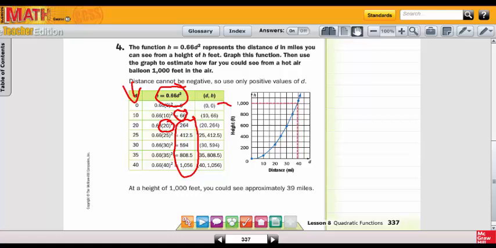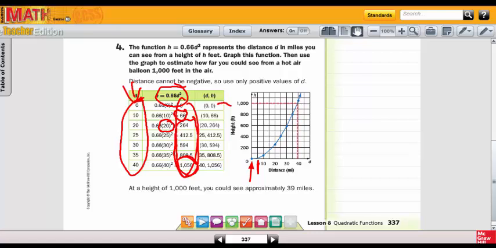For 0, 0, we're going to put a point right here. For 10, 66, now notice that they had to determine what their scale was going to be. It's a good idea in this case because you have to fit from 0 to 40 on your input. They decided to count by tens. Actually, they're counting by fives because they're not labeling the ones in between, and they can get everything fitted in here. Now, on your outputs, you need to fit from 0 through 1,000, a little over 1,000, in fact. So they decided to count by hundreds, and notice they only labeled every other one, so it's 200, 400, 600,